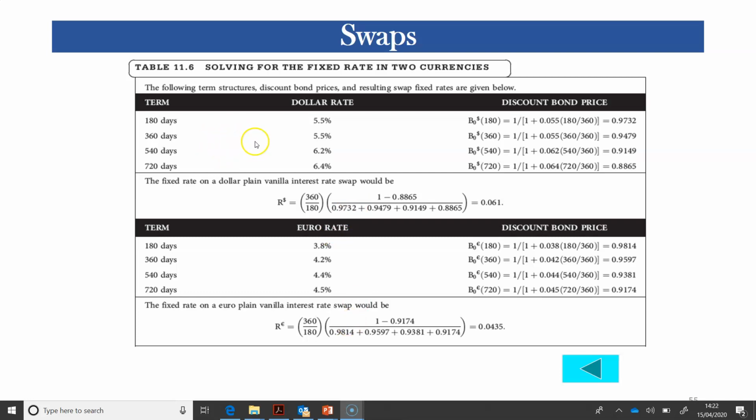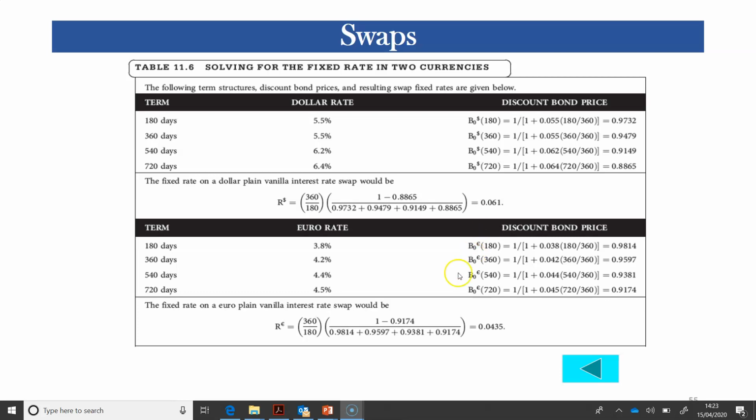We have the dollar spot rates for maturities in 180, 360, 540 and 720 days. These are used to calculate the present value of zero coupon bonds with a par value of $1 payable at their respective maturities. In other words, these are the present value discount factors. Using the swap fixed rate formula, we calculate the fixed rate to be 6.1%. This is the same as in our example, so we now know how this is obtained for Reston Technology and GSI example.